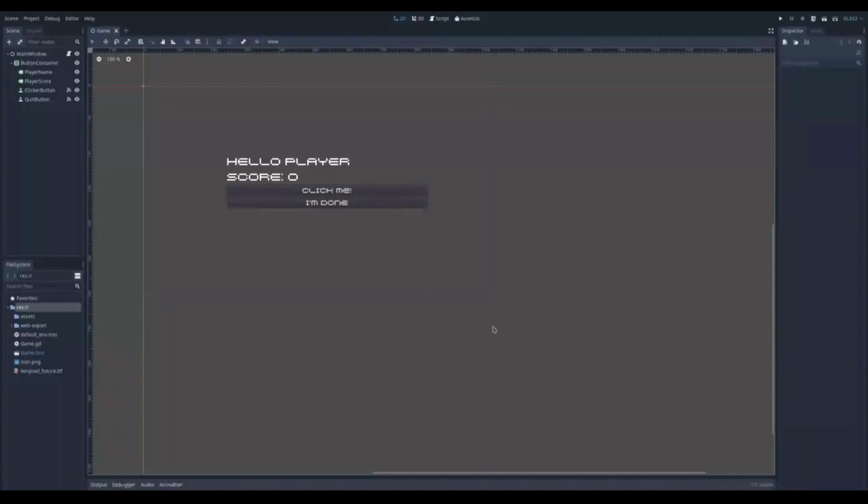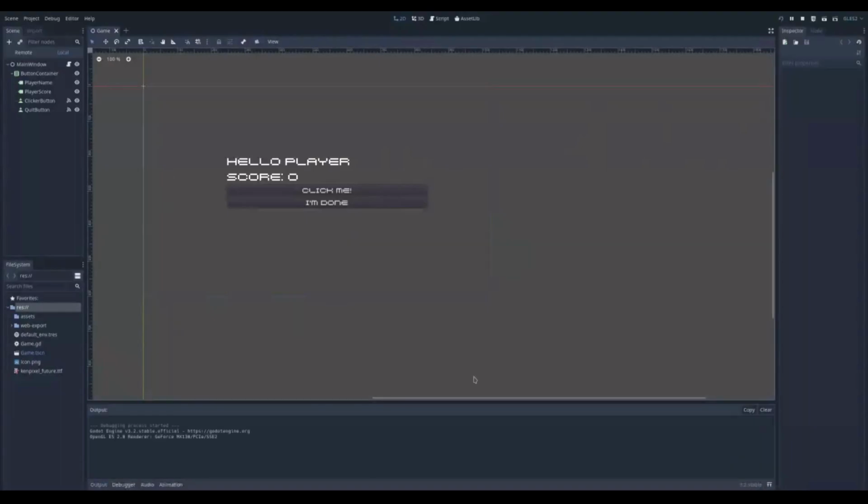Okay. Cool. Yeah, it's a very basic game. There's really nothing to it. It basically lets you click to increase your score and then finish out when you're done with it. So if you were to just play the project as a regular one,